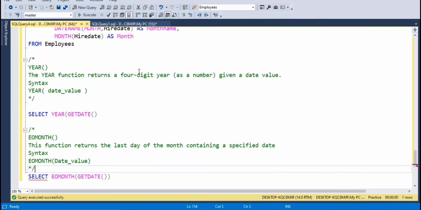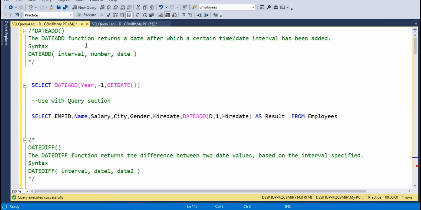Now you can observe each and every date function. You can see DATEADD. You can observe the names of the functions, and then you will understand the names, so it is easy to write queries or understand the functions. Now observe DATEADD. This DATEADD function returns a date, either the previous day, current, or next day.